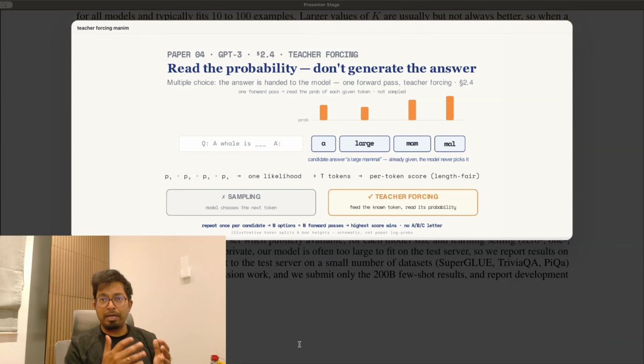Essentially, that trick, marching the model along a known target string and reading its token probabilities instead of sampling, is called teacher forcing. Now multiply those per-token probabilities together and you get one number. How likely the model finds that whole option. Do it once per option, 4 options, 4 forward passes, and you take the highest. That's the entire multiple choice recipe. Hand the model the answers, teacher force each one through a forward pass, and let its own probabilities pick the winner.